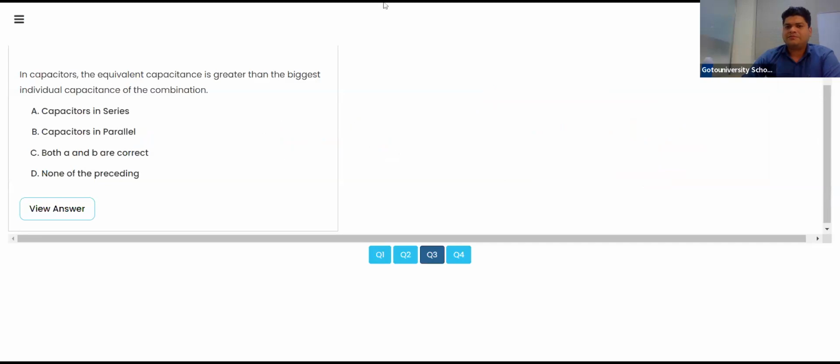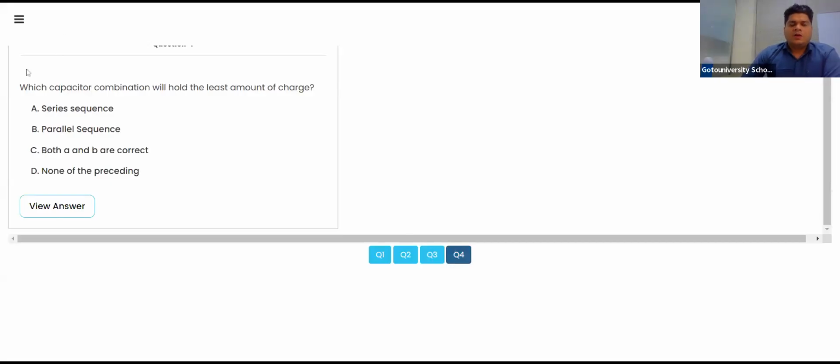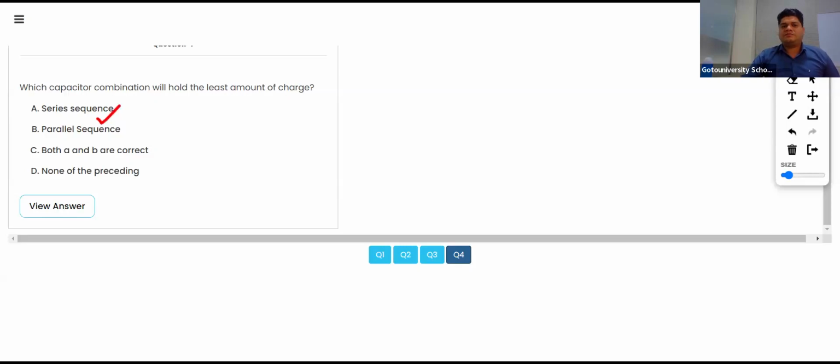Okay, then fourth one. Which capacitor combination will hold the least amount of charge? Yes, if parallel has the maximum, then series will have the least amount of charge. So the option will be A, series combination. Okay, then